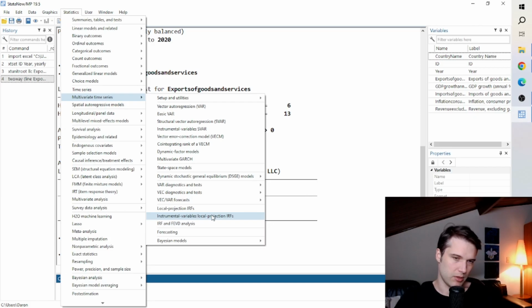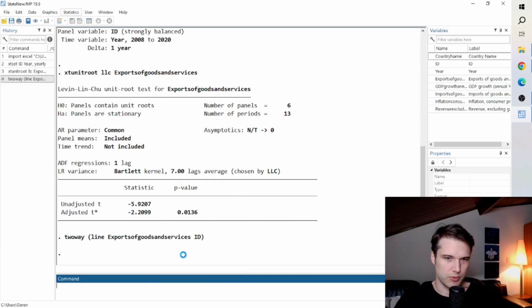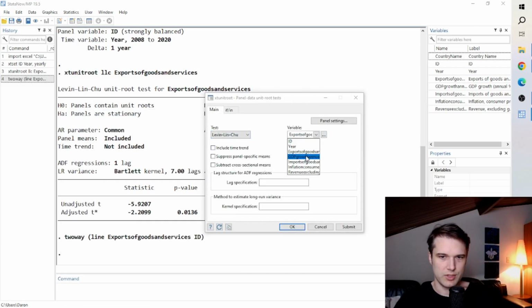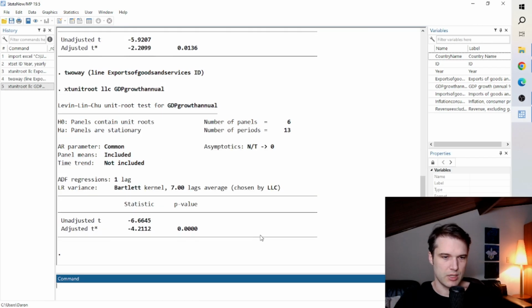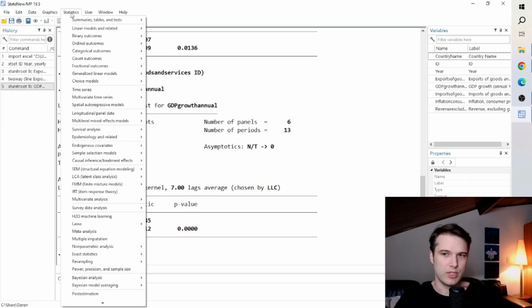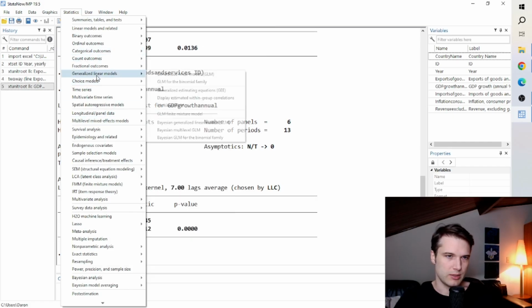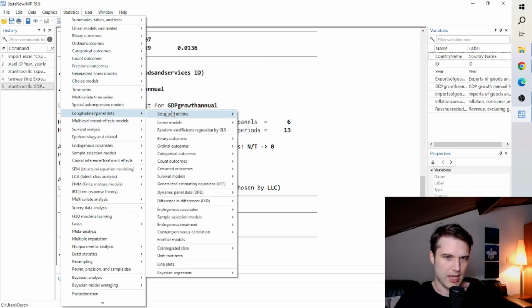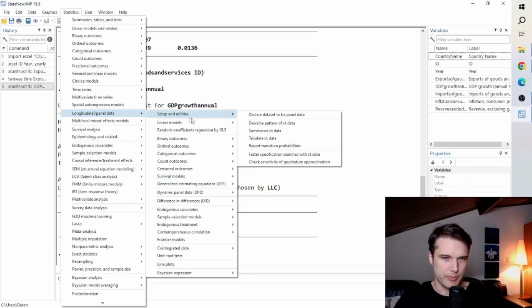I'm not going to do all of them here because I believe you get the idea. You just go unit root, choose the different one, GDP growth, for example, click, 0, 0, 0, 0, so we reject, so it is stationary, and so on. You do it for all of them. When you're working with your own series, you have to check them all. If it's not stationary, you do the first difference and work with the first difference. Okay, so considering that they are all stationary, let's go to the next step, which would be to build the